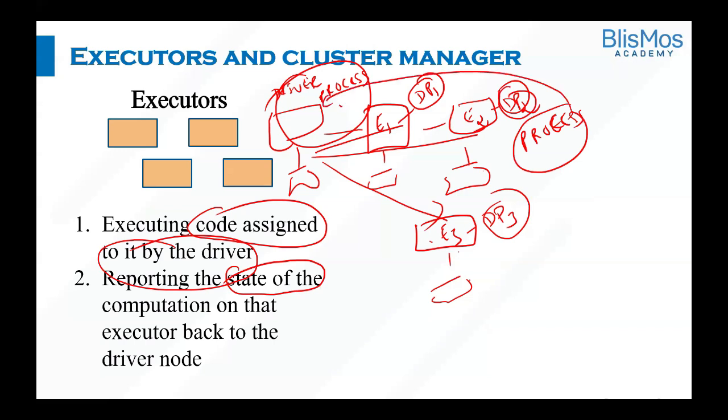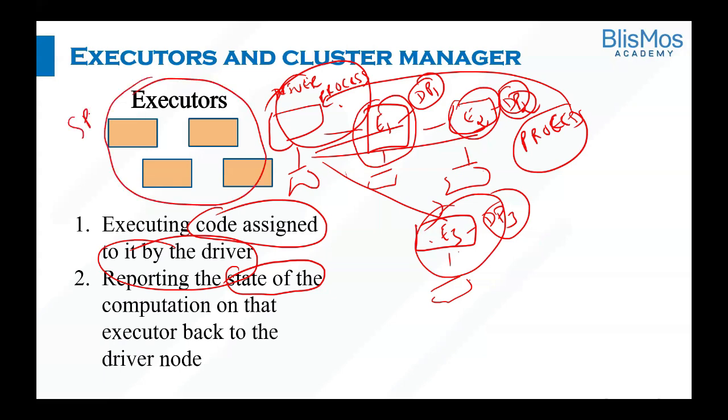Okay, got it, Malini? So even the libraries are on the driver process only. Yeah, on the driver. Yes. Only execution happens on the rest of the systems. Correct. Executors are there in the different systems of a cluster. Executors are from the Spark side. That is a component of Spark, right?